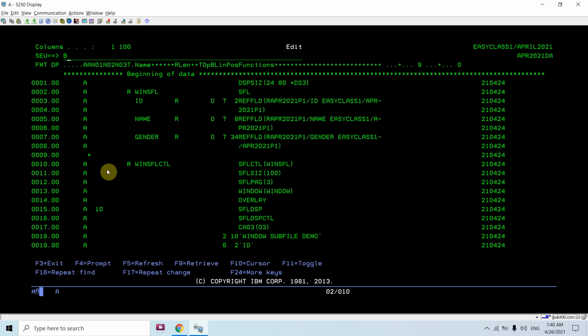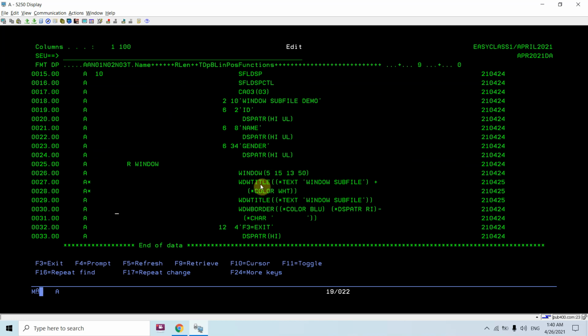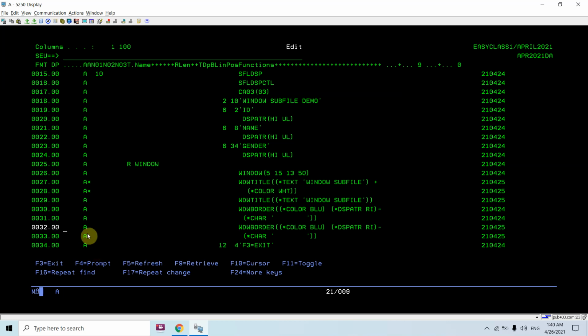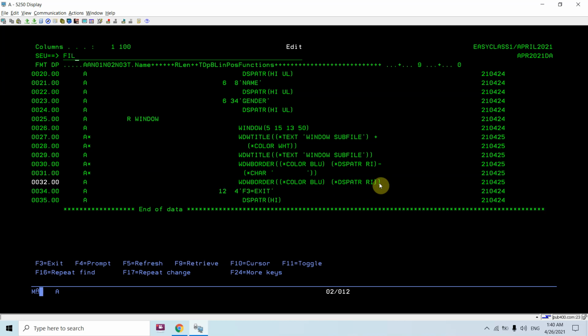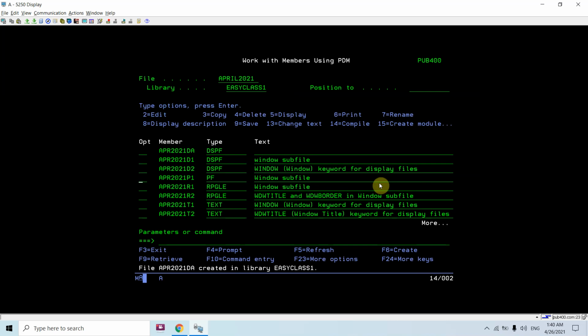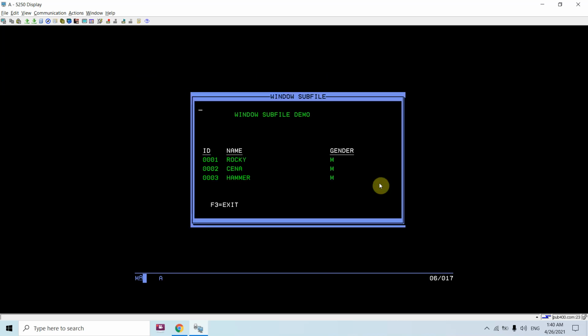I have deleted multiple lines. Now for the window border, for example, if we do not specify this one, let's compile this and then call it.